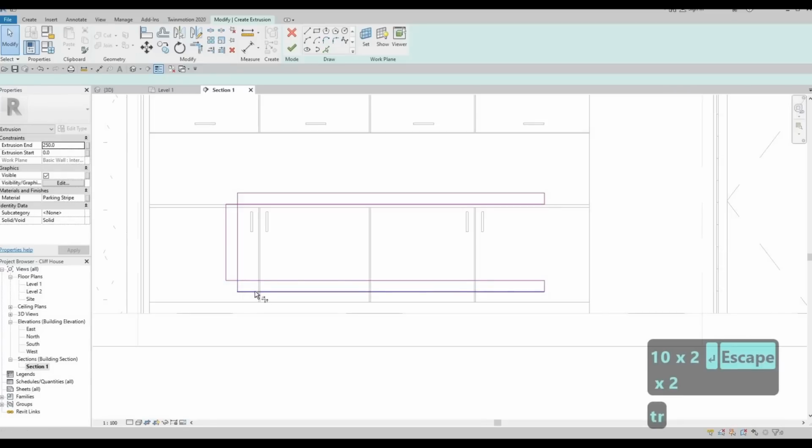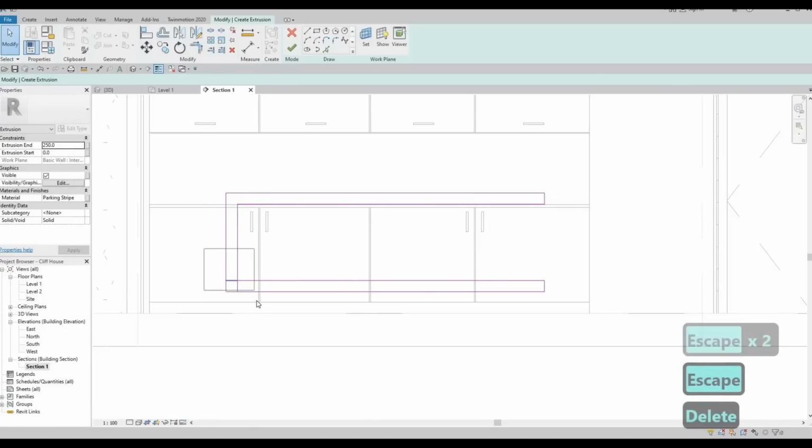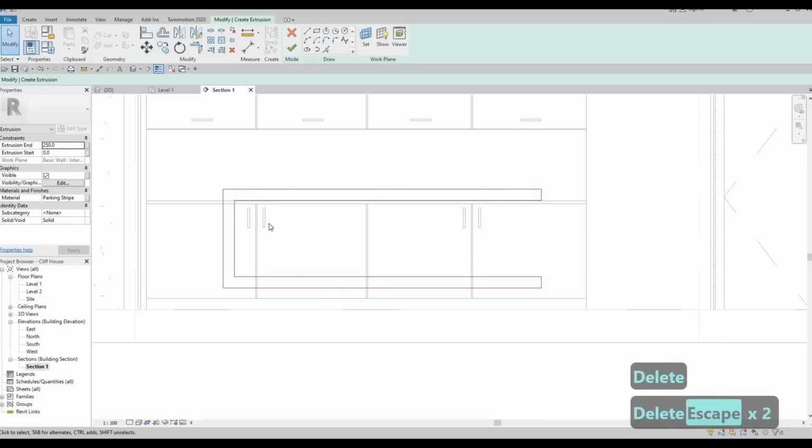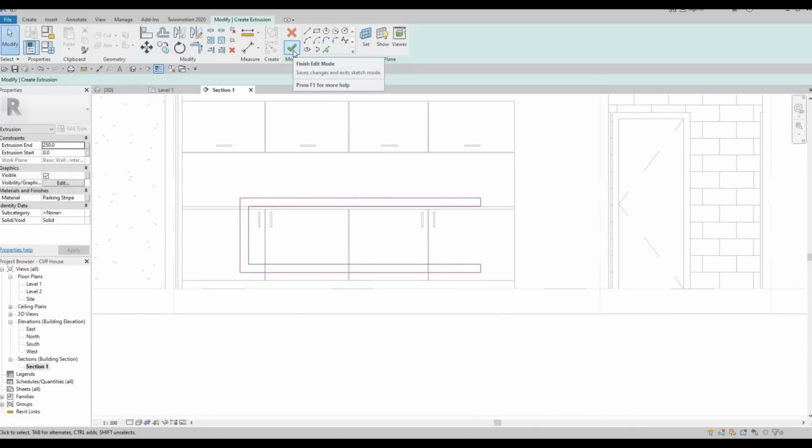And then now we just need to trim. So TR, and then remove the remaining lines like that. So now we have the C form, and we just need to click finish,